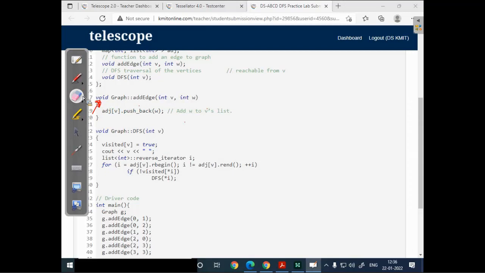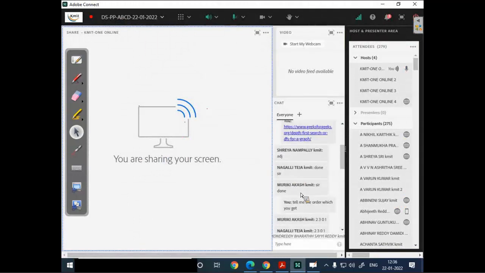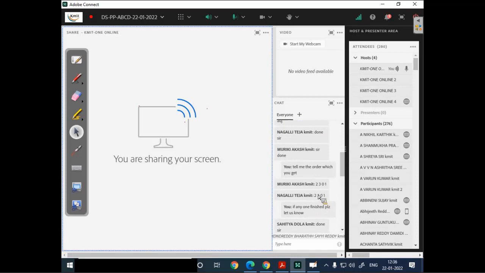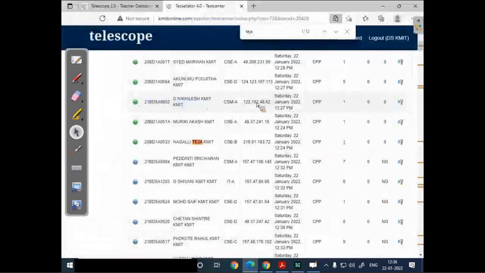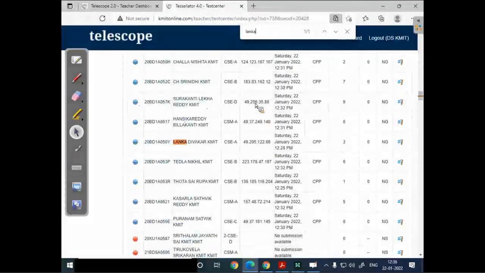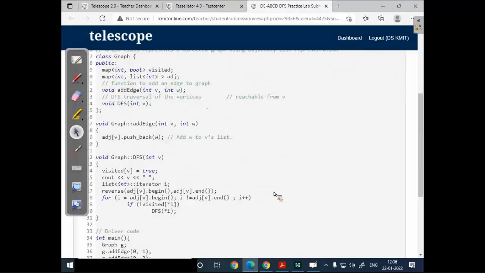Let's see one more. Okay. Let's see. Lanka Divakar. So let's see how he is traversing. Reverse center. Okay, again a reverse and then take it eventually. Okay, fine. So this is good code. And now,